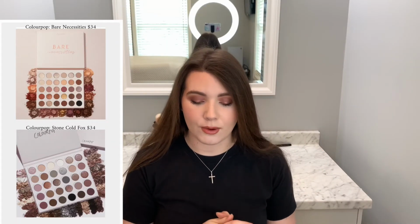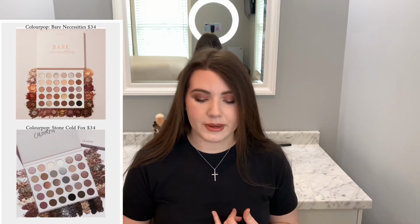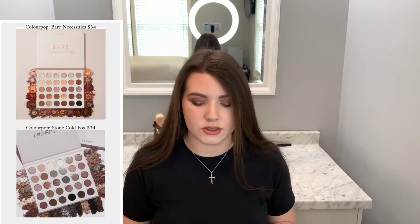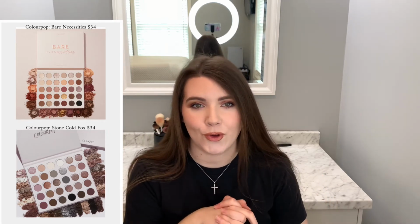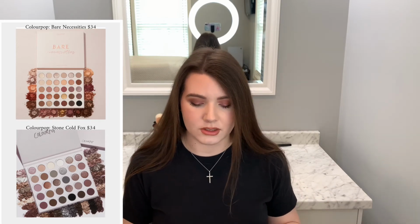Okay, so the next one, I don't have either of these. So these are the Colourpop. They're bigger palettes. I think they're 34 pan or 32. So there's the Bare Necessity, which is more that warm colorway. And then there's the Stone Cold Fox. So hands down, I would choose the Stone Cold Fox. Again, of course I go for cooler tones and neutrals, but there's just something about the Stone Cold Fox that